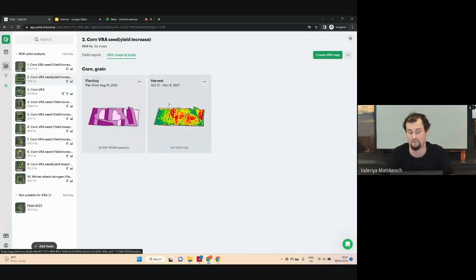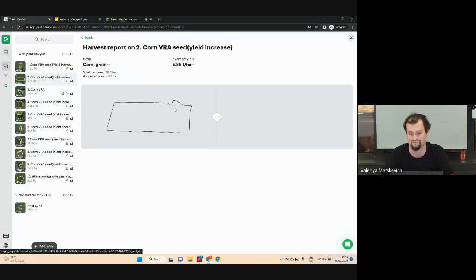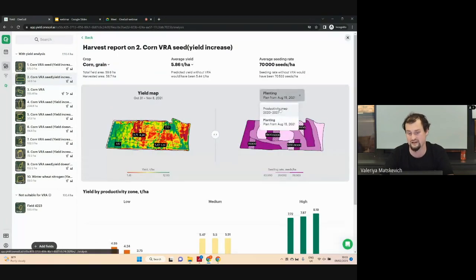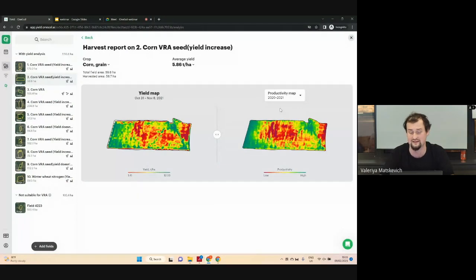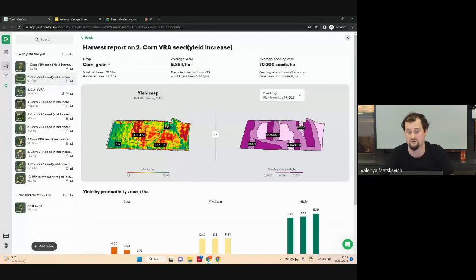And I've already uploaded yield data, which we got in the season 2021. In the first step, like in the previous field, let's compare the productivity map and yield map. As you can see, our productivity zones predict yield distribution with high accuracy. When I turn on the task map, which we used in the previous season, we start our analysis. And again, let's